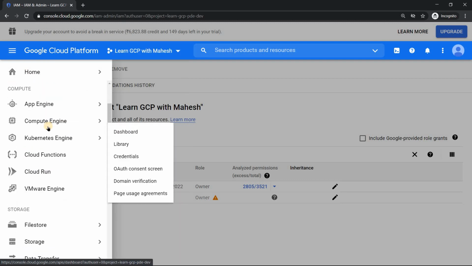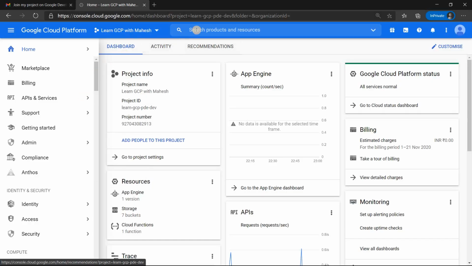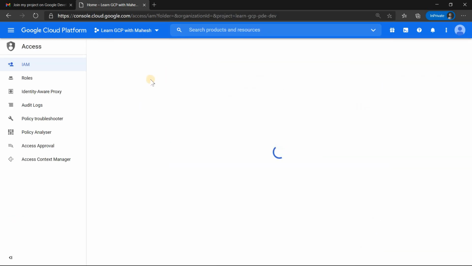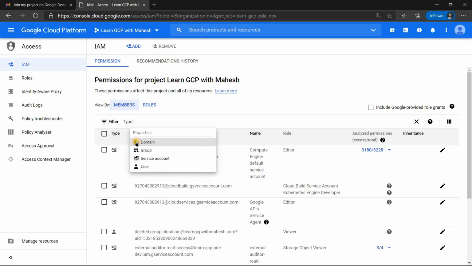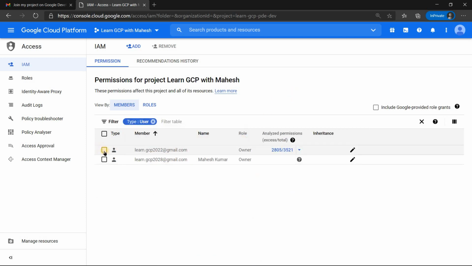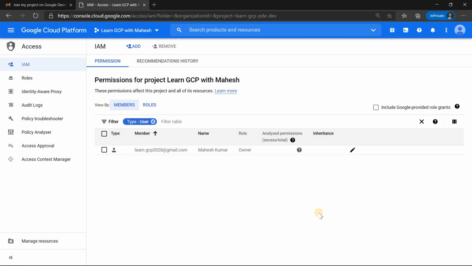Now if I swap and go to IAM, or search for IAM access, I should be able to remove the older owner. I can do it because I'm the owner of this project now. I don't recommend you do this, but I'm just showing that I'm the owner. I can go here and remove this user, done. That user will not have access to this project.